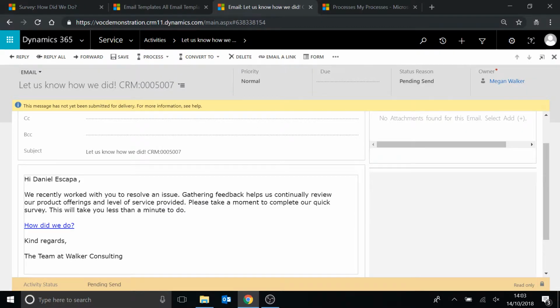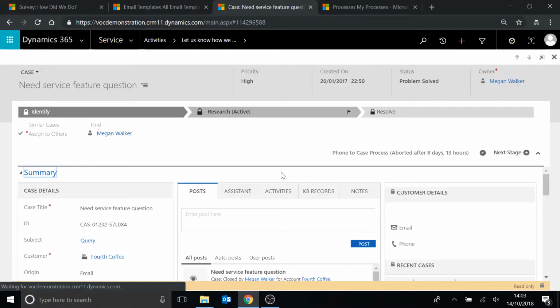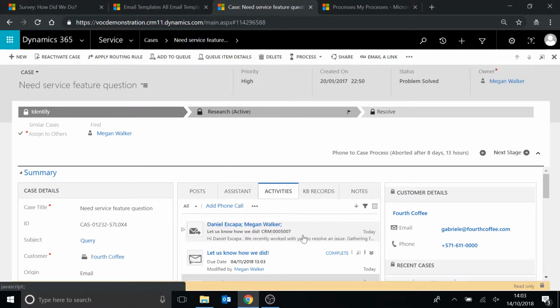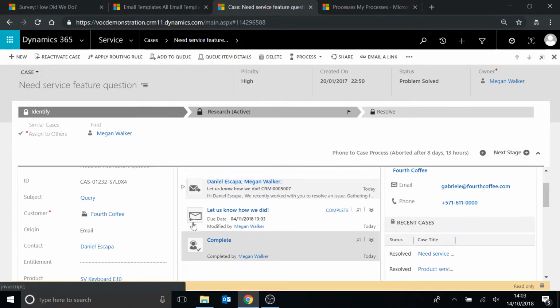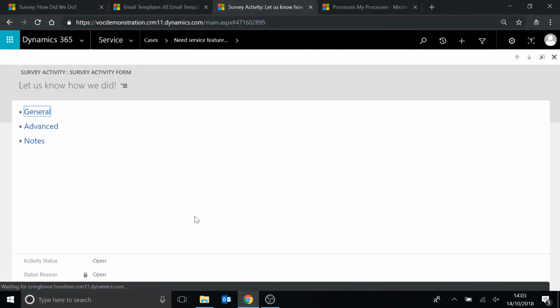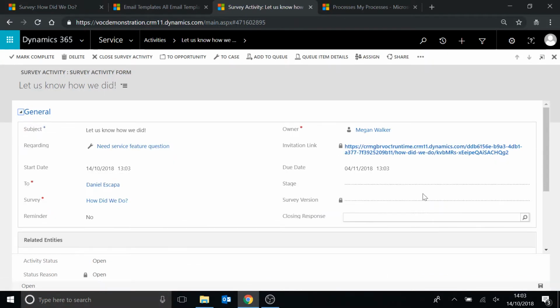Okay. So if I go back to the case and back to the activities, we can look at that survey invitation activity. Here is where it says, what is this regarding? Immediately we can see it's linked to that case that we started from. That's fantastic. From a manager's perspective, it allows you to go back and really review the feedback that you're getting on a case-by-case basis, rather than just a whole bunch of feedback that doesn't really link to anything. It's also linking it to the contact, so that's Daniel in this case, and then also the survey